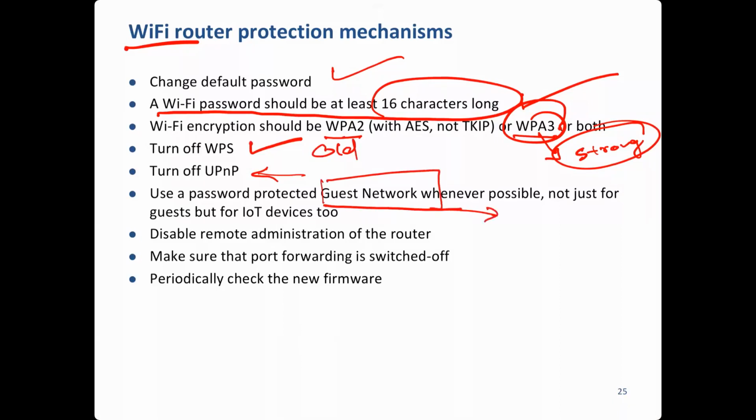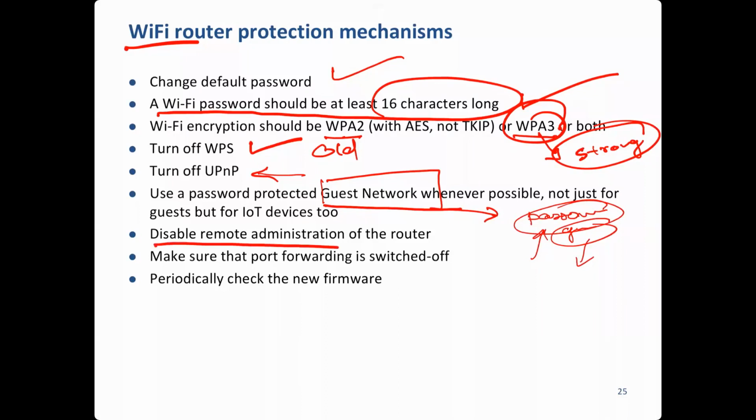If you have a guest network, then better provide a guest password. It should not be free, right? Anybody can connect to guest. Provide user ID and passwords. User ID will of course be guest, which is visible to anybody that comes to your home, but for the password you should say that this is the password and use that. It means that anybody who is outside your home but still has access to the Wi-Fi channels should not be able to log in, because once they log in, they have more control.